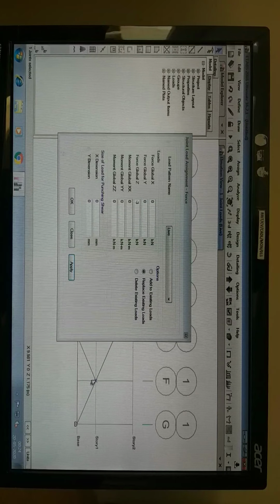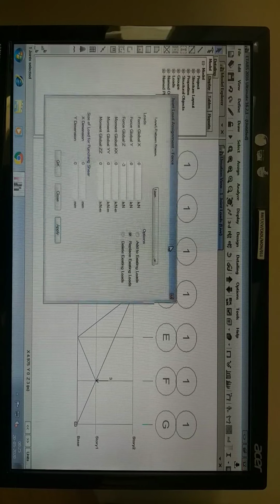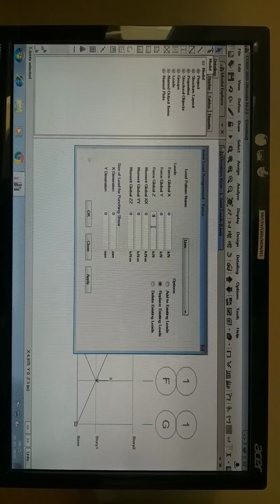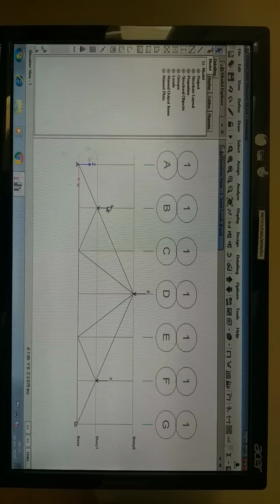Click on apply and then in the next joint, here we are also going to have one more load that is acting downwards, that is -3. Click on apply and then at joint G we have one more load that is also acting downwards, it is -2 kilonewton. Click on apply. Okay, so here you can see 3 live loads acting at the joints, 3 kilonewton, 2 kilonewton and 3 kilonewton. And then after assigning the loads,